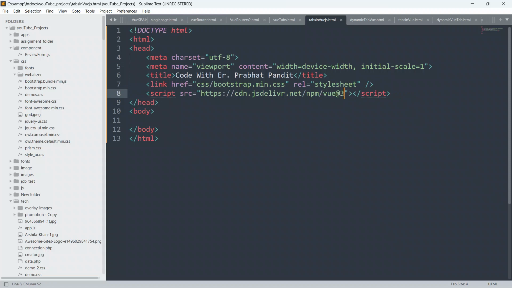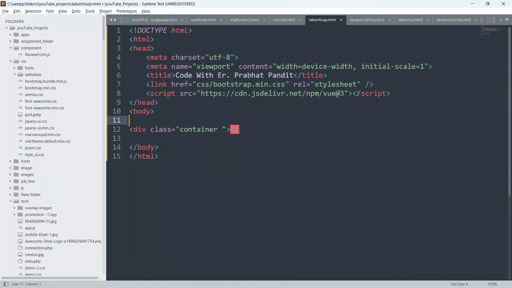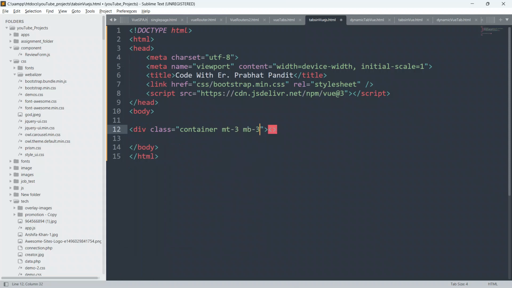First of all, let me create some of the HTML code. I'm going to create HTML first. So create a div and give it a class of container, and give margin top 3 and margin bottom 3, and close this div.